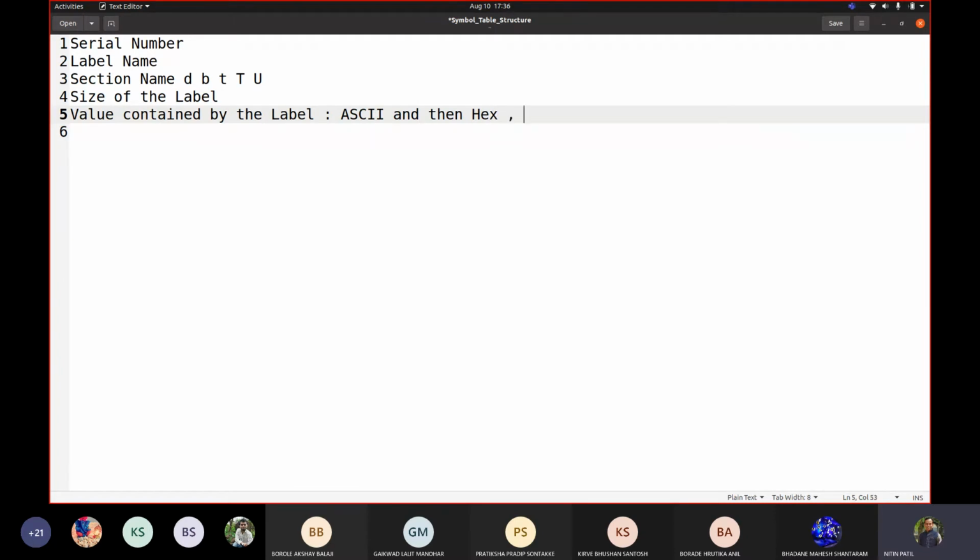Otherwise, for numbers it would be in hex with little endian notation. If it is a number, it should be converted to hex and then little endian notation. If it is a string or a character, then ASCII first, which would be a decimal number, and it is to be stored as a hex value. Any other thing that you want to add over here?